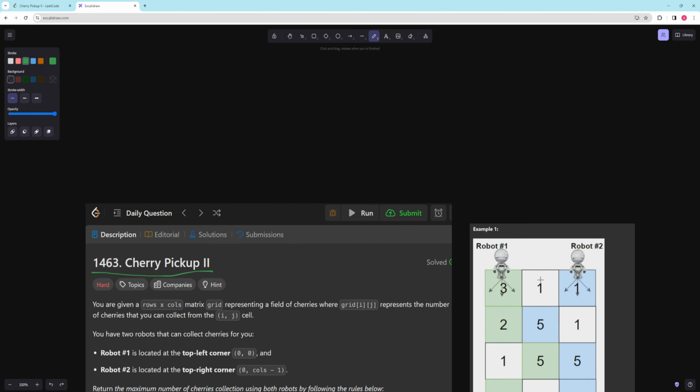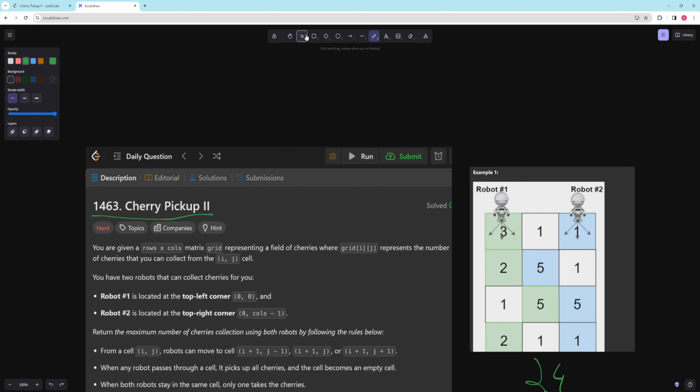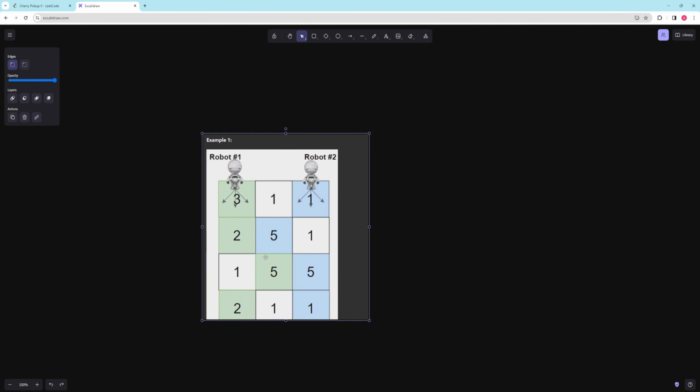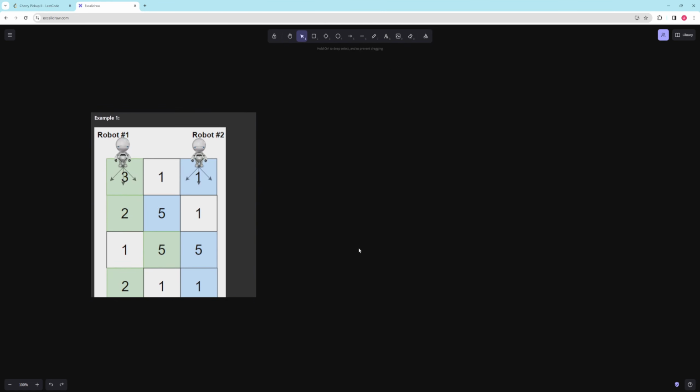So we can walk through a little bit just to explain this. So let's walk through a few rows, because this is kind of small. So our initial state for row 0 would be the first robot is at column 0. The second robot is at column 2. So this is our key, right, where the robot location is. And then our value will be the total cherry, so 3 plus 1, so 4. And this is the only place they can start. Now for the next row,